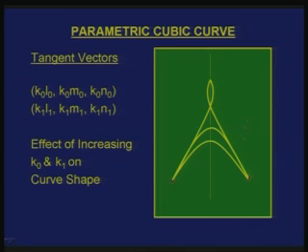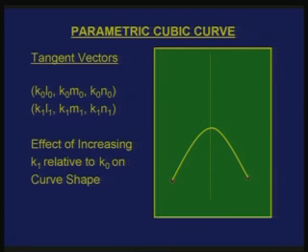In this particular example, I put k0 and k1 as constant, which means they are increased proportionately. I can also have a situation where I increase one of the tangent vectors very high relative to the other. That can also be used to change the shape of a curve, to give some kind of skew in the curve. For example, here is a curve. Now, if I increase k1, one of the parameters, relative to the other, I get another curve which is skewed in one direction, whereas the same direction cosines are maintained in both cases.